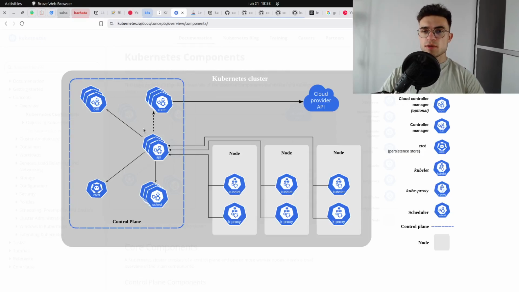A few days ago, I finished my first in-depth exploration of a Kubernetes component. As you can see in this diagram, a cluster is composed of multiple components, and the one I have taken a look at is this one here, which is kube-api server. And in this video, I would like to share my first impressions on it, my first thoughts, and some additional